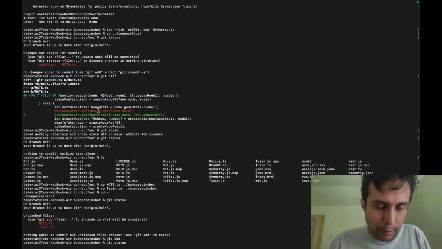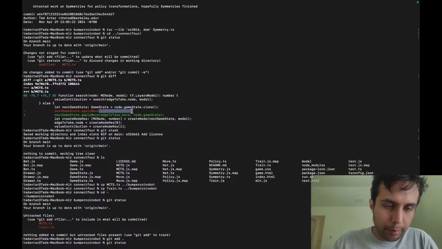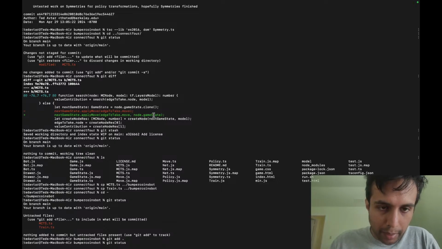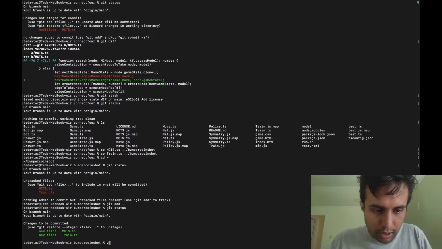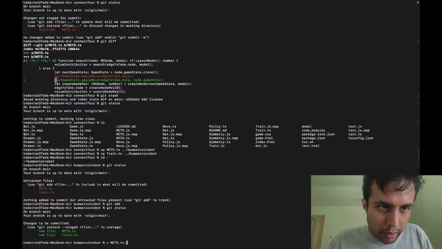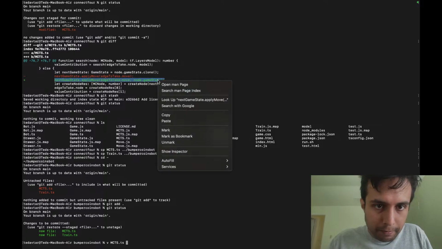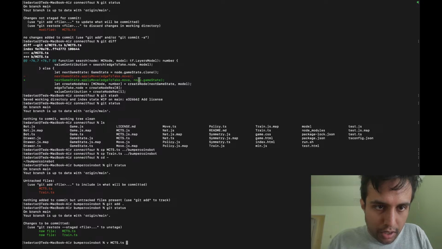Right now, apply move with the MCTS which we have copied over only applies the move. But then we also have to pass in the game state to link to it. Or actually, let's just edit MCTS and bring this change back there. Let me copy this line again. Copy that. Actually, no, let me copy this to be specific. Just the extra